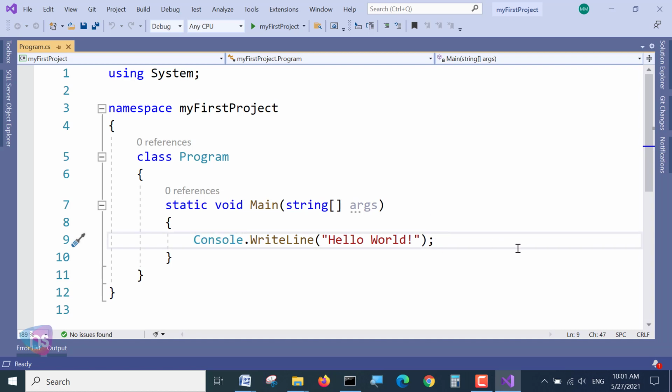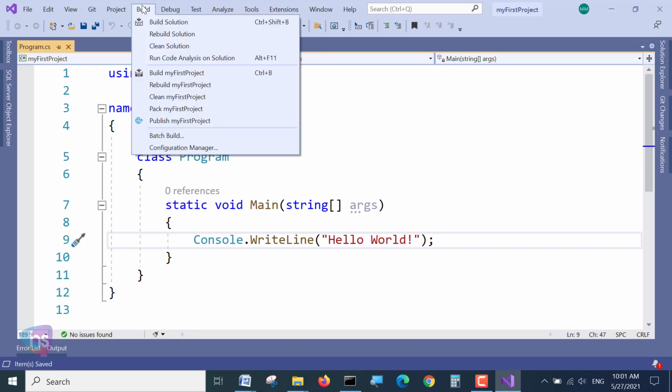And every line in C# should be followed by a terminator, that is the semicolon. Okay. So first I'll run this and I'll explain again. I'll write the line again and I'll explain. So first, what is the procedure to go? See, on Build, you go to Build Solution or use the keyboard shortcut Control plus Shift plus B.